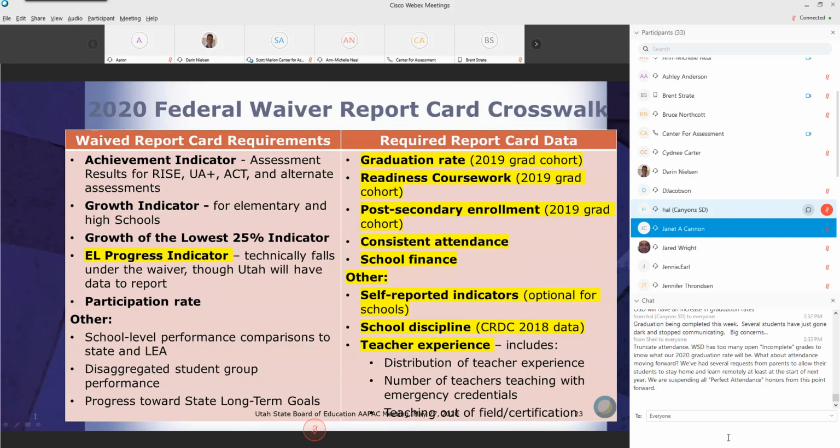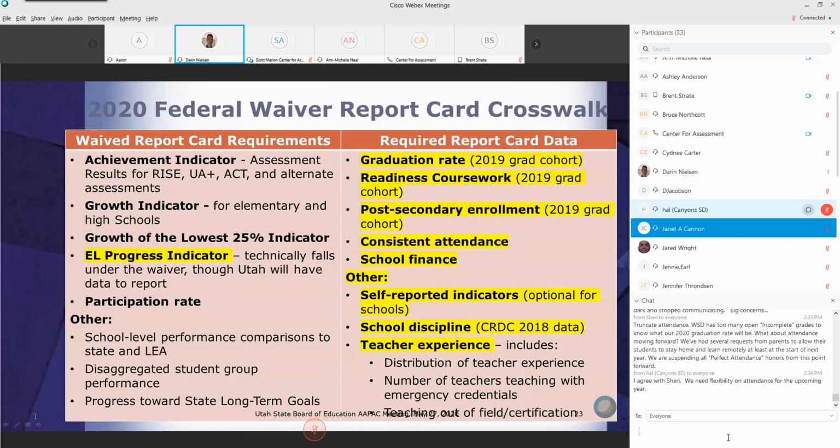Thanks, Aaron. Looks like Ogden School District has seen an increase in their graduation rate. Thanks, Rich, for putting that in the chat box. Kenyon District has some concerns, and then Weber School District, it looks like there's too many incompletes to really know at this point. And then Kenyon has agreed with Weber District as well regarding attendance for the upcoming year, which